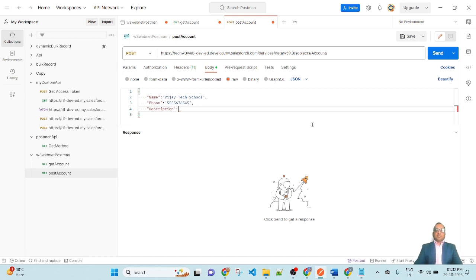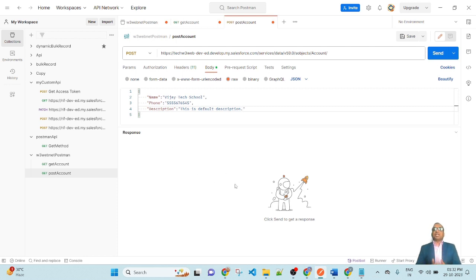Colon and pass the value. So the value will be: This is a default description.